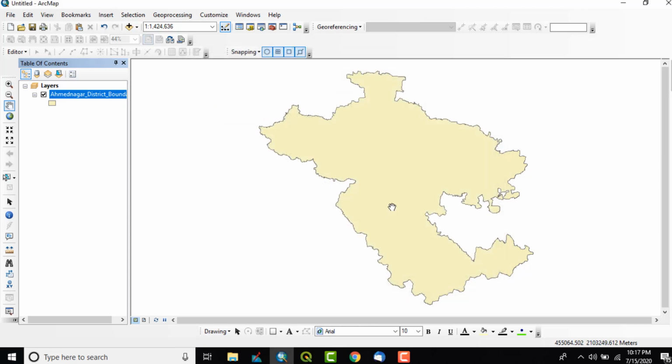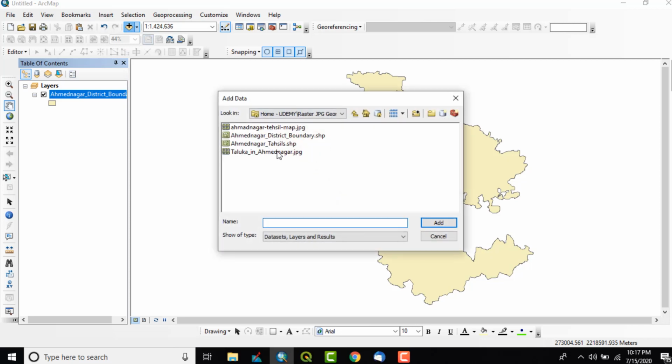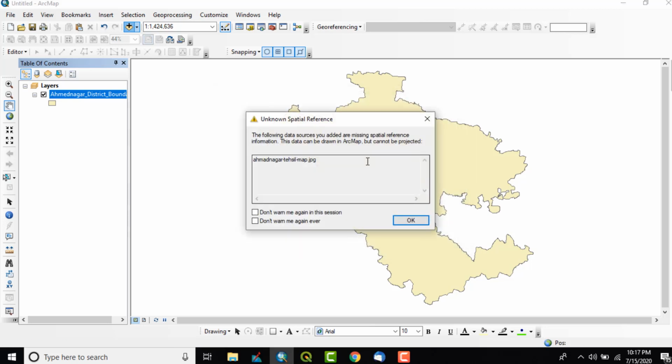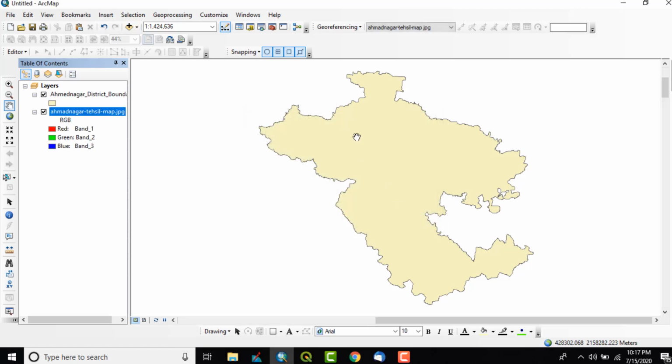It means it is a spatially referenced file, and now we are going to add the JPG file. Again go to add data and add the JPG file. Again this error will come up, say OK.